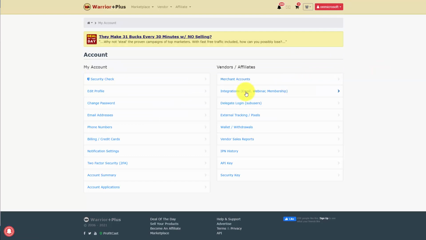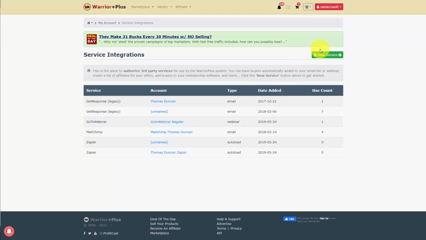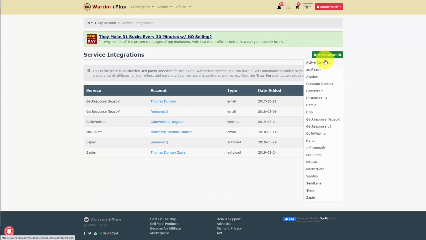What you're going to do here is you're going to click on integrations and you're going to click on new service. Now, these are the services that are available to you to add in direct integration. Now, you can add other webinar systems outside of these integrations using Zapier. However, if you have GoToWebinar, you can have an individual added to your GoToWebinar when they make a purchase of